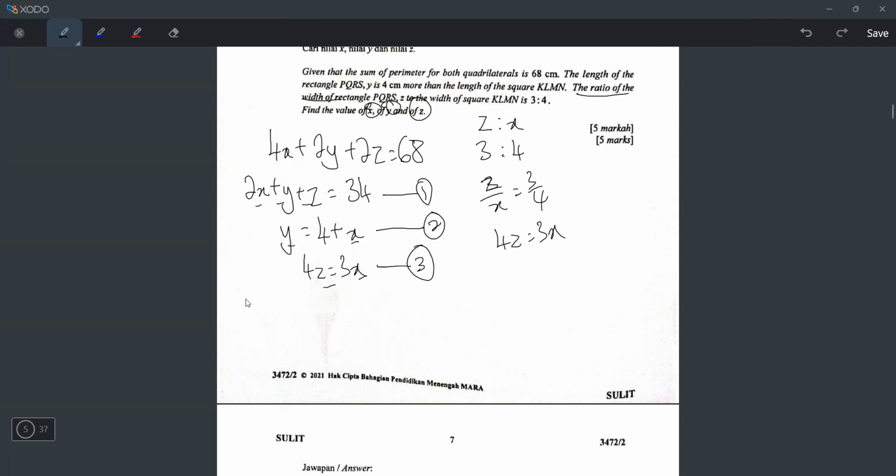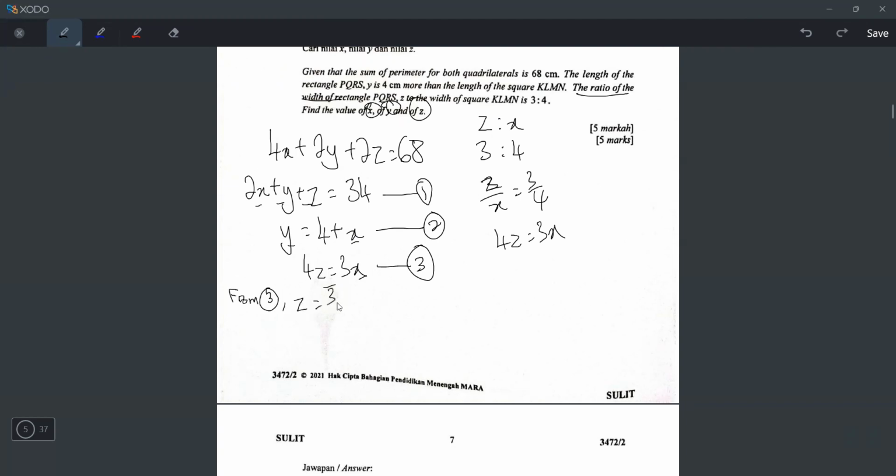And how will I do that? Equation 2, I will just leave it. I will just take equation 3 and find a single unknown. I will find z, because I want to eliminate z. So that after I eliminate z from 1 and 3, I can eliminate again with 2. So I will do from equation 3, let's write from 3,